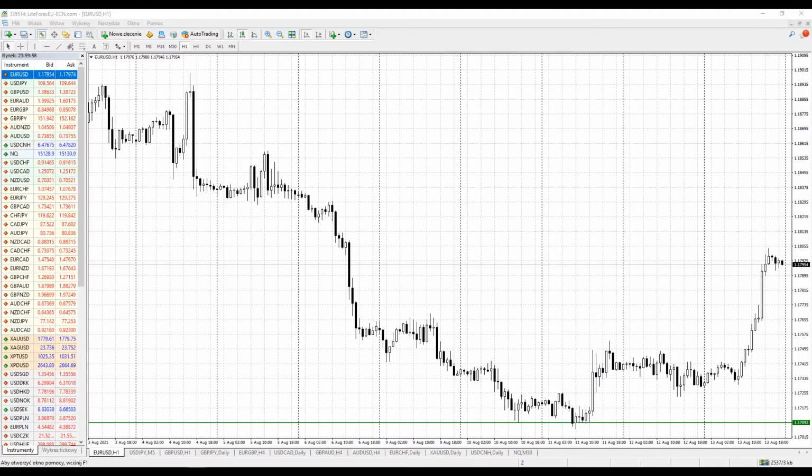So it was really a very good setup, especially if you take into consideration the green line levels close to 1710, 1711, and the low was 5 pips lower. If you add 1 pip, so the stop was 6 pips, and so there was a perfect setup for such a nice